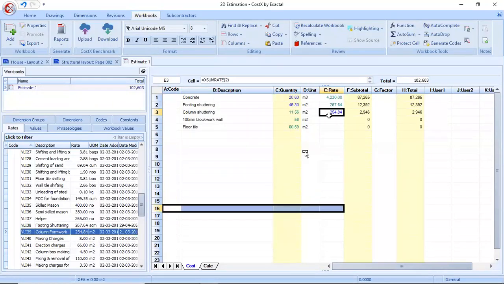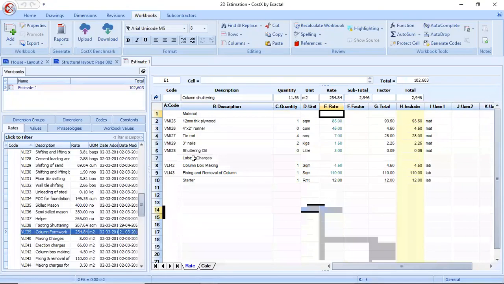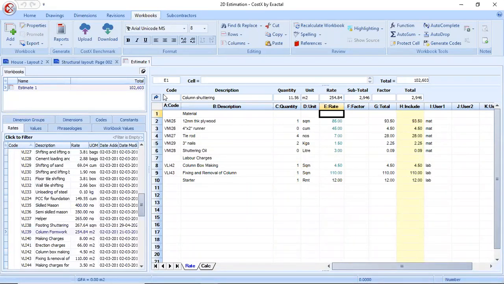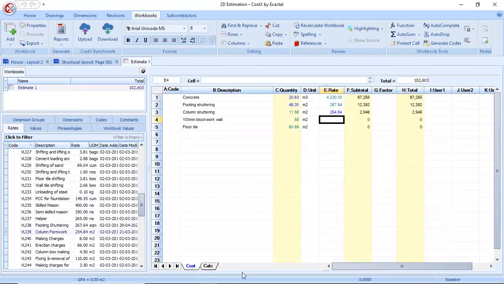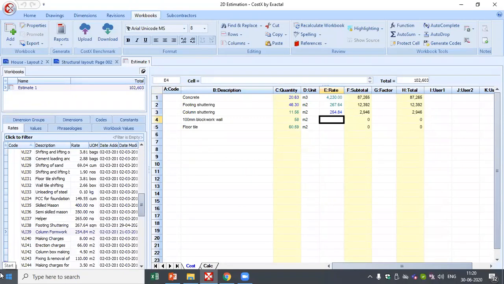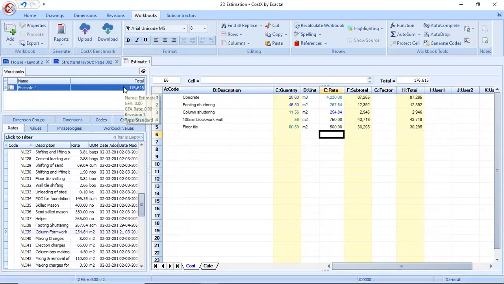So now CostX has rate analysis inside our cost estimate itself, with the material charges and the labor charges for column shuttering making. You can also manually enter the rates. Say for block work, I'll just give 750 rupees per square meter, and for floor tile I'm giving 500 rupees per square meter. So now we have a total estimate of 1,76,000 for only concreting, shuttering, block work and floor tile of a